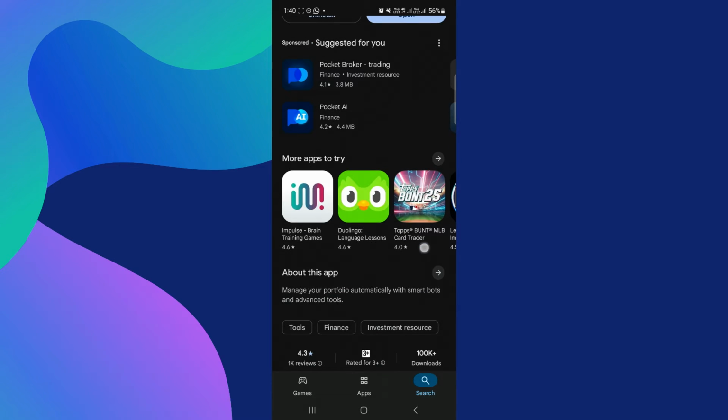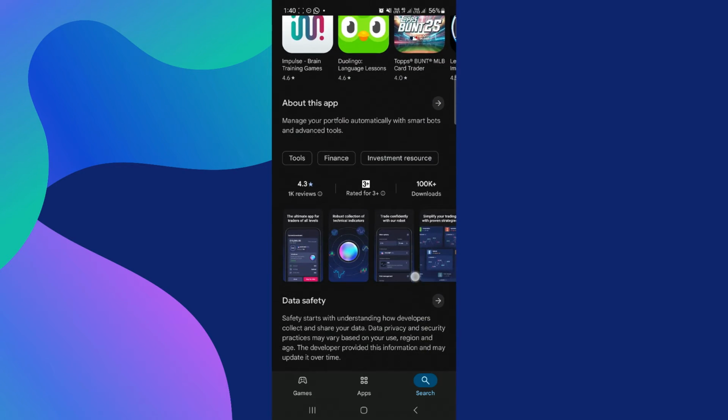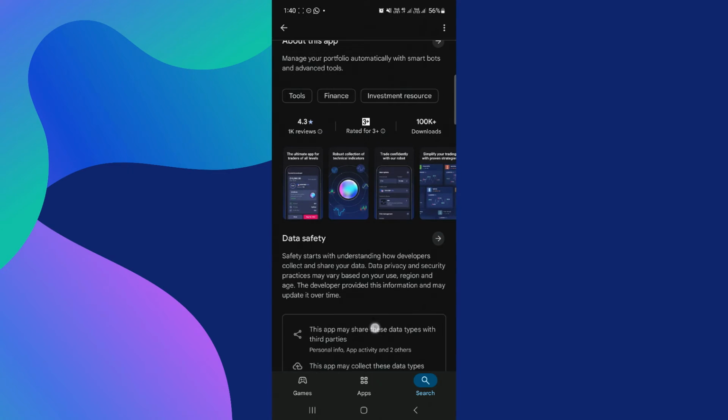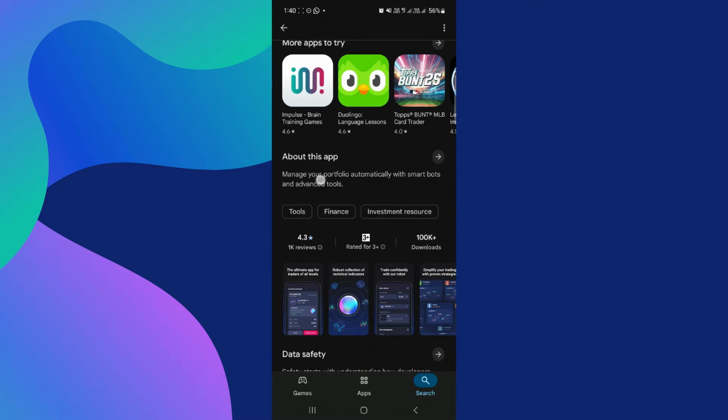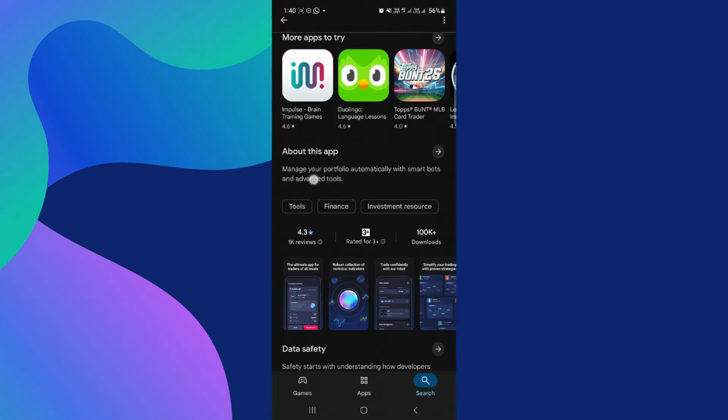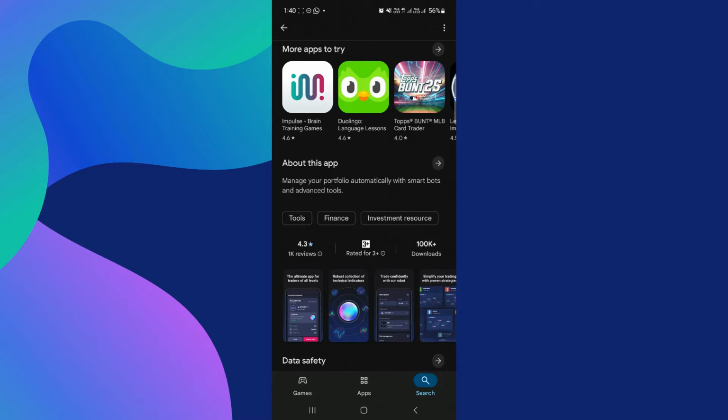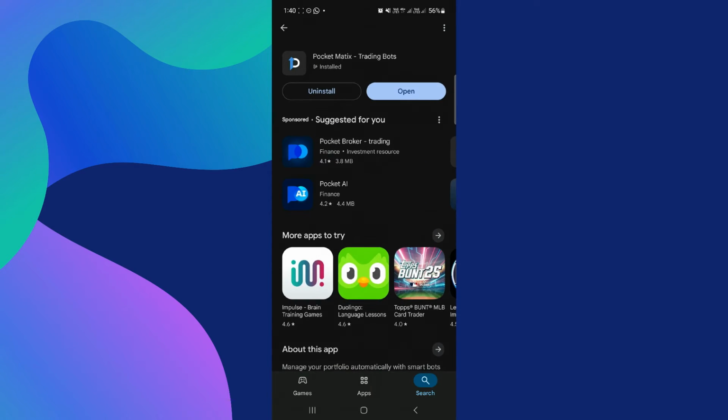Pocketmatics is essentially a smart trading application that allows you to automatically manage your investment portfolio using AI-powered bots and advanced trading tools. The app is designed to simplify trading for users by automating the entire process while still giving you full control over your portfolio. With its built-in smart bots and various technical indicators, even beginners can start experimenting with different trading strategies without needing